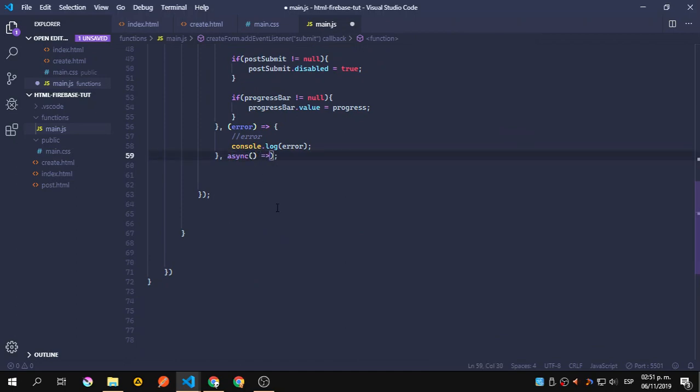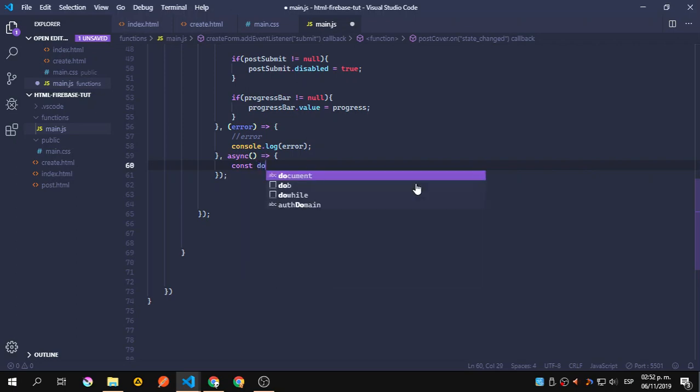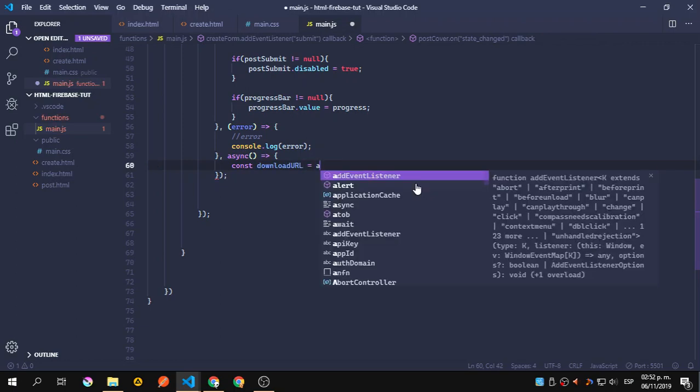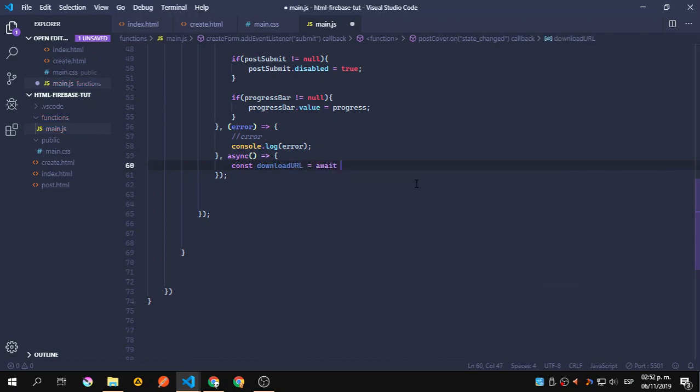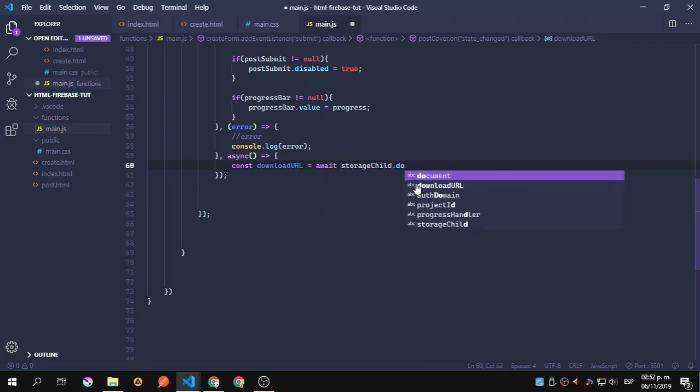So when everything is done inside what we told, then we're going to say constant download URL equals, we're going to use await again here because we need to wait for storage child that download, get download URL. We need the URL,